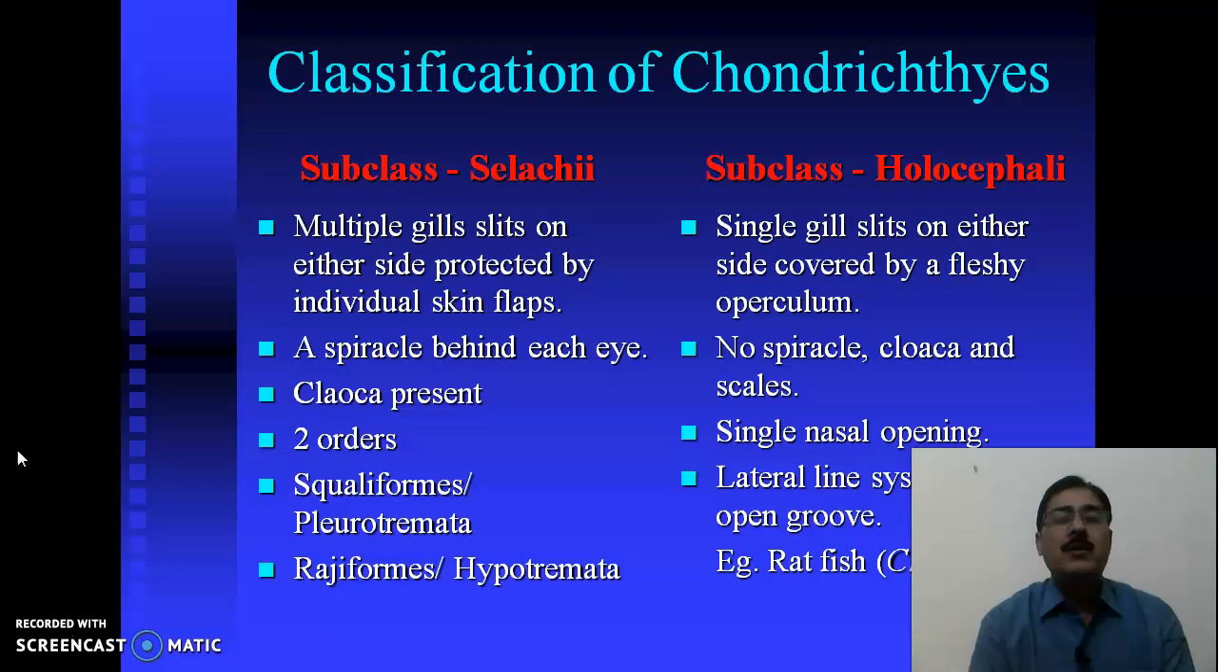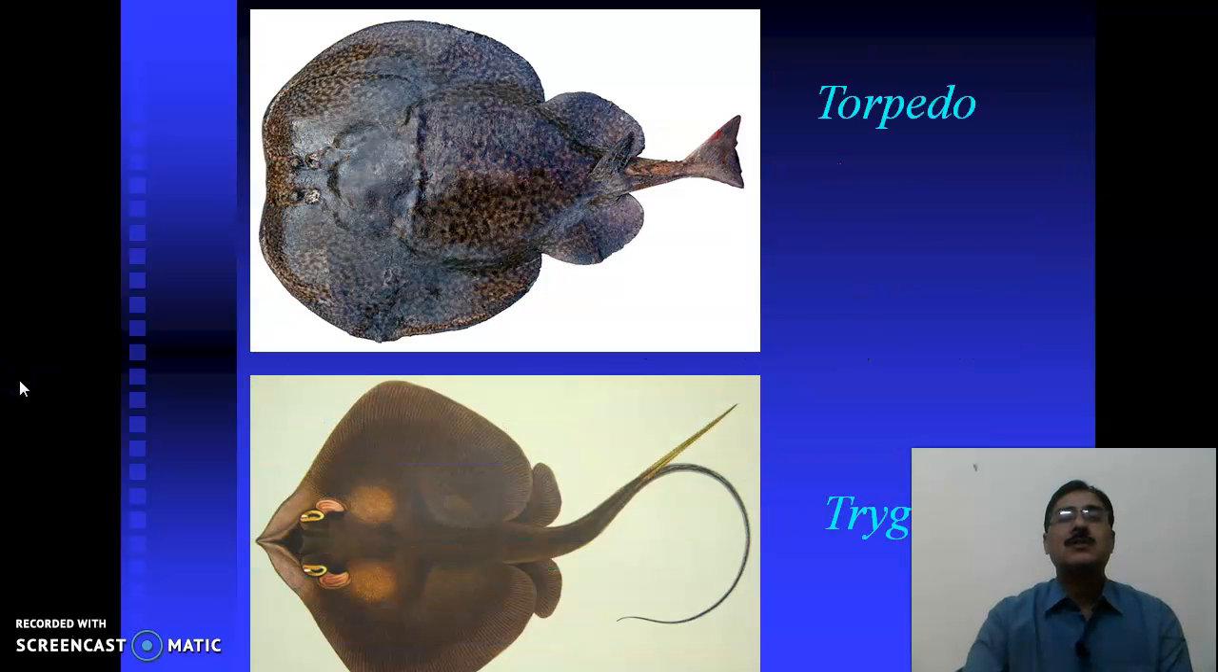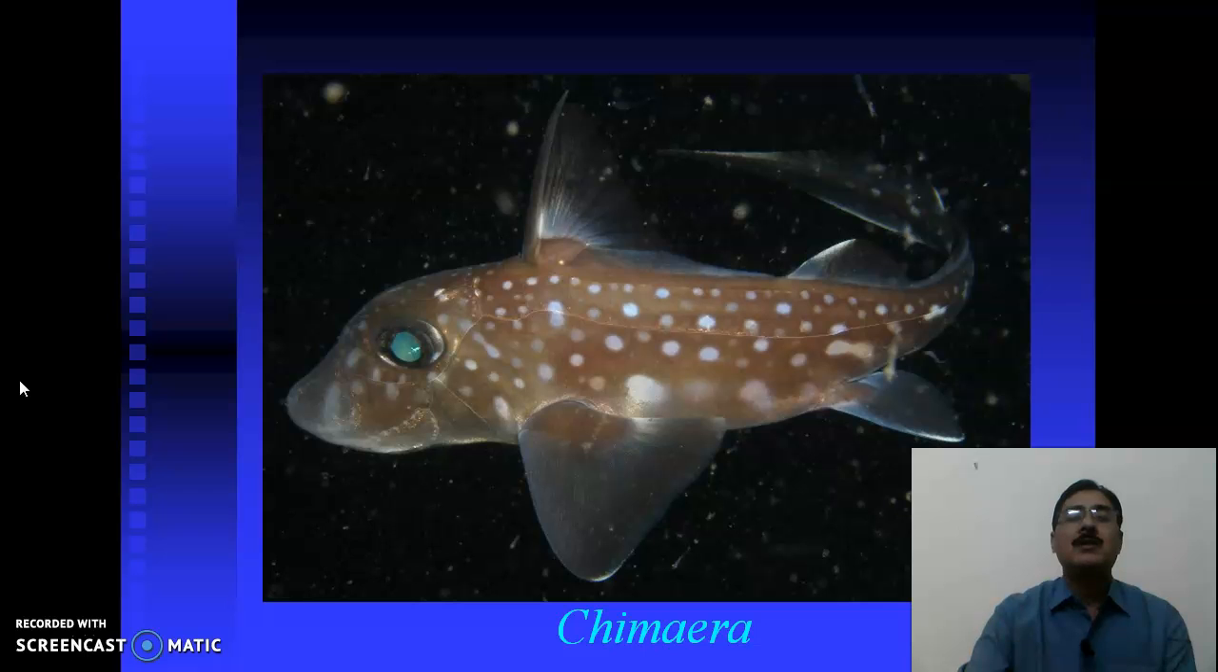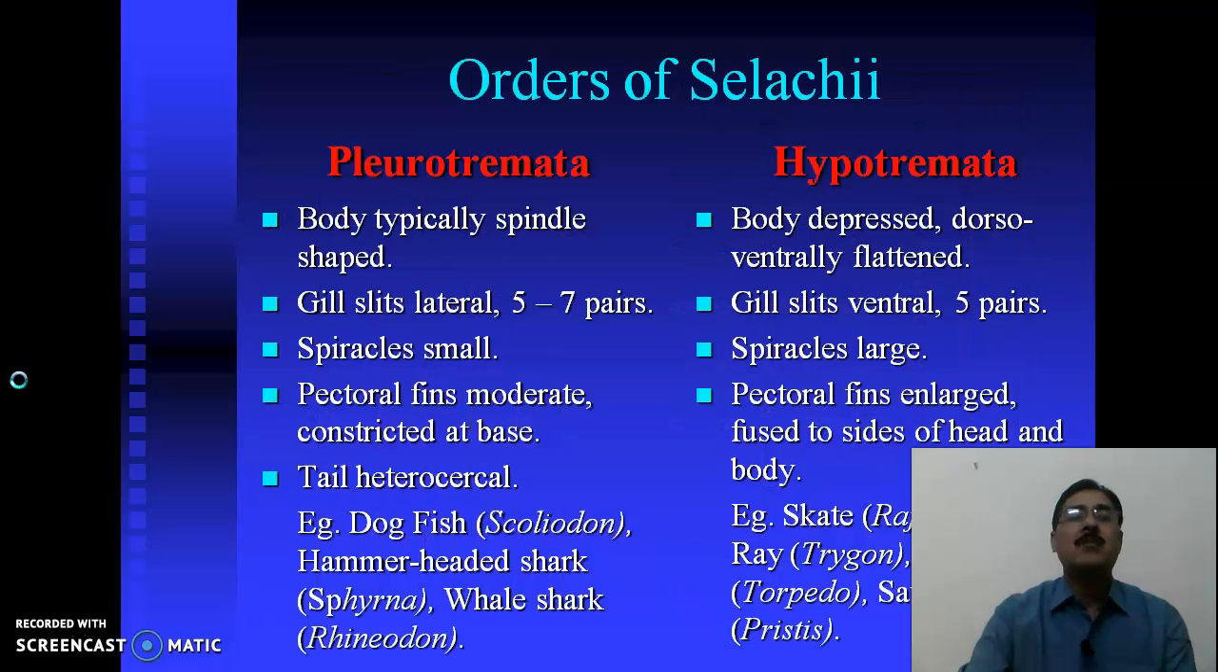There are two orders in the case of Selachii, the Squaliformes or the Pleurotremata and Rajiformes or Hypotremata. The lateral line system is there with the open groove in the case of Holocephali. This is the example of Rajiformes, the electric ray Torpedo, and Trygon. This is the chimera. Now let us compare the two orders of Selachii,